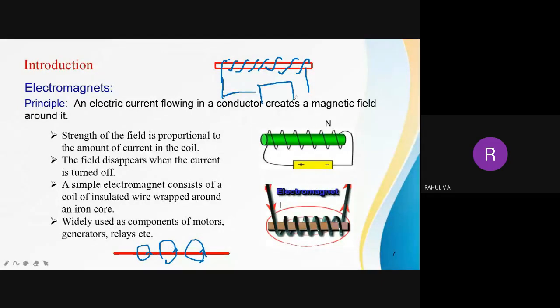But in order to make this a magnet, we have to give a supply, because current should definitely flow through this coil. Then only will it become a magnetic field. So I have to connect it to a supply. This is called a coil. A single round is called a one-turn coil, and if you keep on winding or wrapping the conductor like this, it is called a coil, and it will have n turns. However many turns you make, that many turns it will have. Those are called electromagnets. It is used in relays, motors, generators, etc.